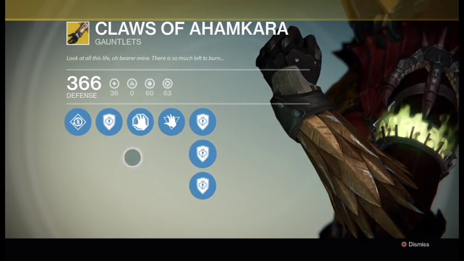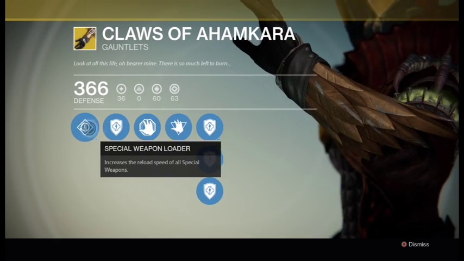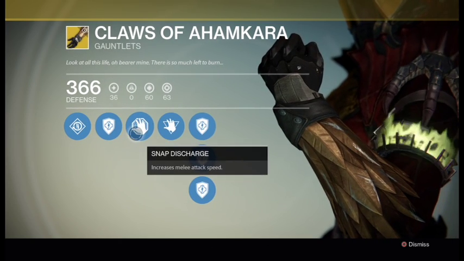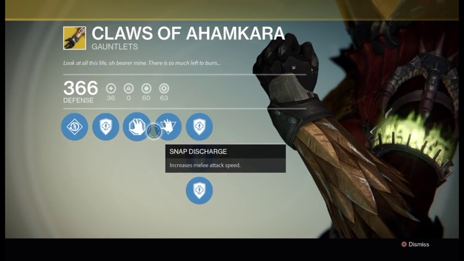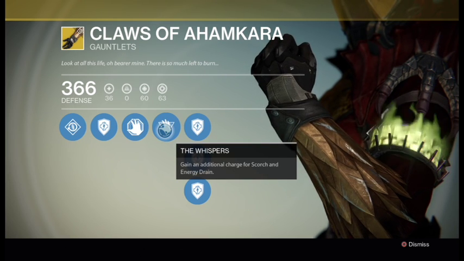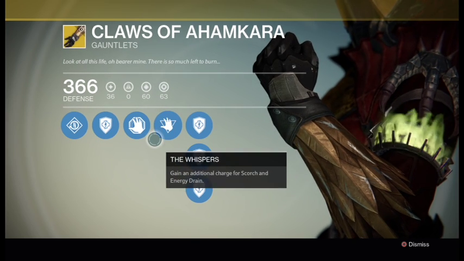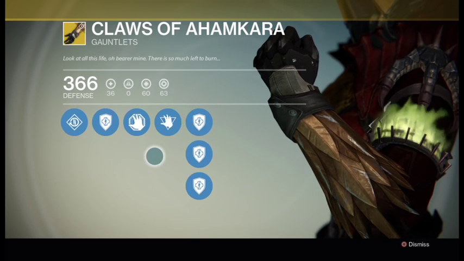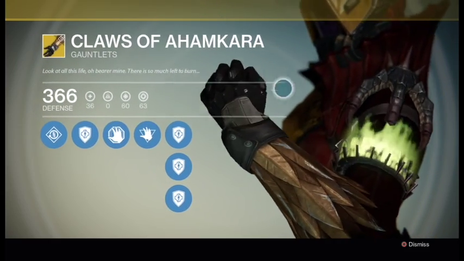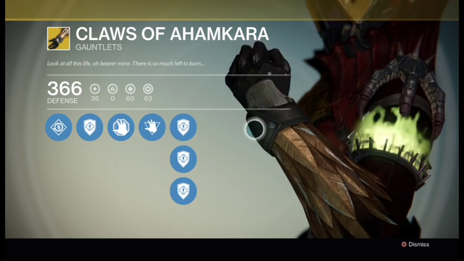Little run through of the perks: special weapon loader, snap discharge, really good with keeping special weapons ready, good melee speed, which really helps with the special ability of Claws, which is the Whispers. You gain an additional charge for Scorch and Energy Drain, which serves as a really good overall piece of gear for the Warlock, because while the Void Walker does not have